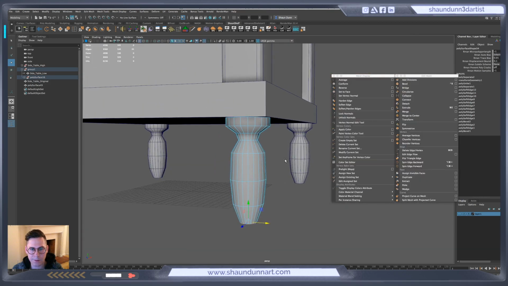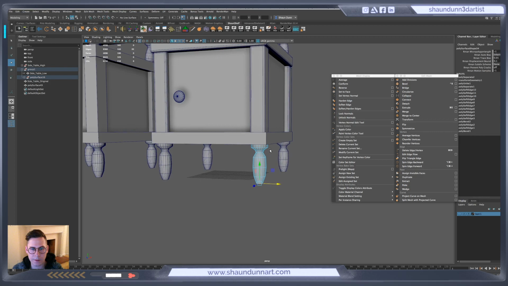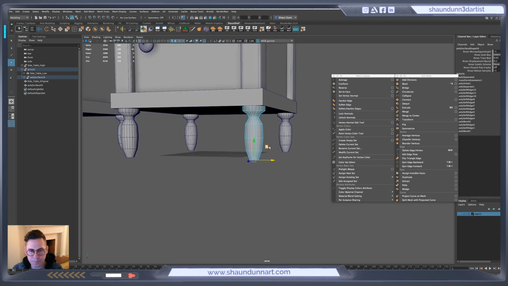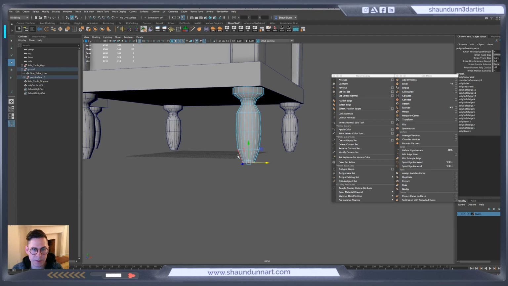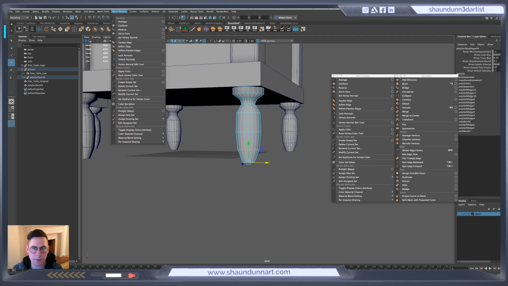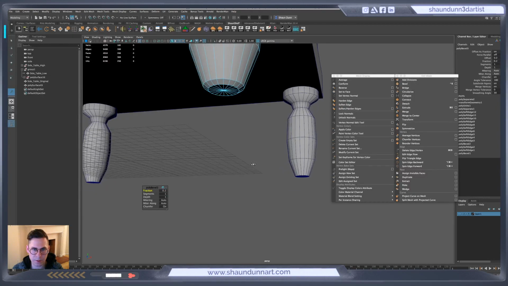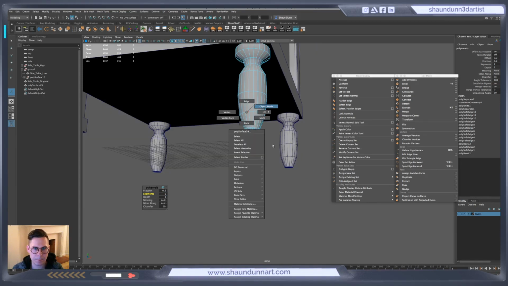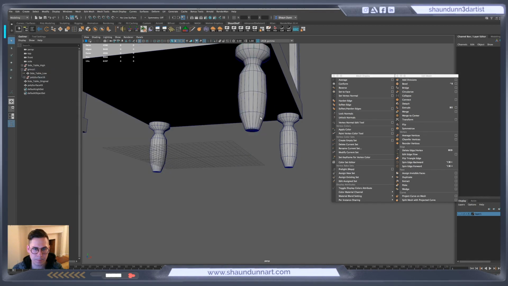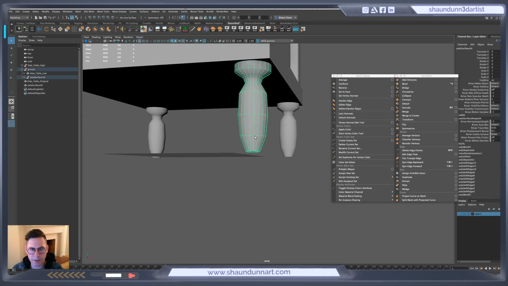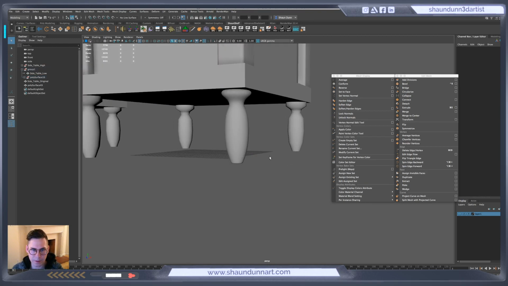So can do is let's first bevel this, and we need to clearly make that smaller, maybe even smaller than that. Can add in another division. And yeah, I think that's okay. So when we smooth it nice and,